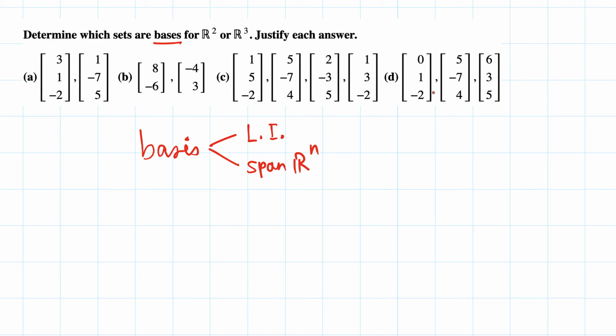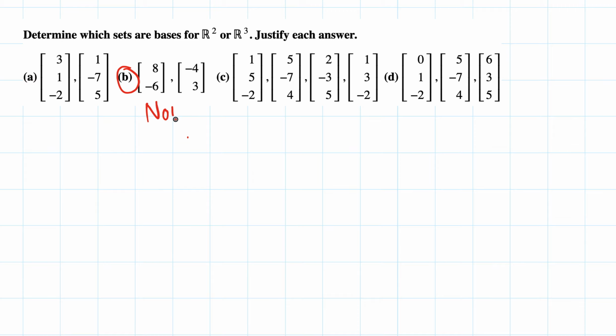Looking at this list of vectors, the first thing we want to check is whether the vectors are linearly independent. If we look closely here, 8, -4 is kind of half of the other but with a different sign, and -6, 3 is half, with a different sign. So these two vectors are linearly dependent. So the answer for this one would be no, not a basis